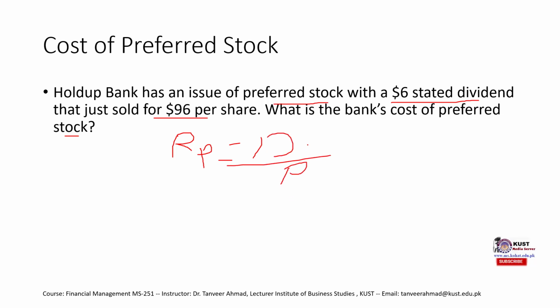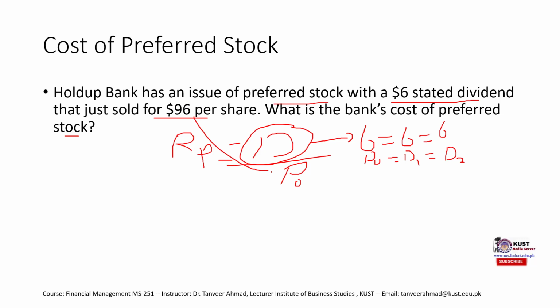So why do we not write D1, D2, D3 or D naught, etc.? Why just D? The reason is that in case of preferred stock, the dividend is fixed, the amount is fixed, so it would be $6 each year. So whether it is D1 or D2 or D3, they all would be similar. So we do not need to write D1, D2 or D3, simply D would suffice, and P naught would be